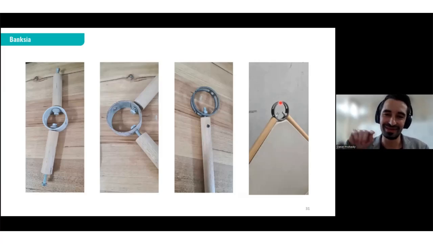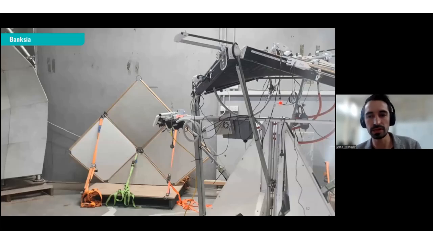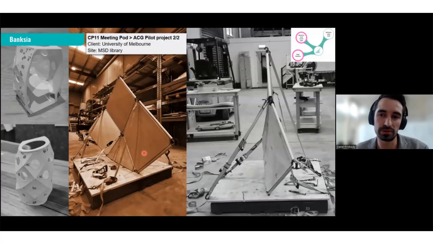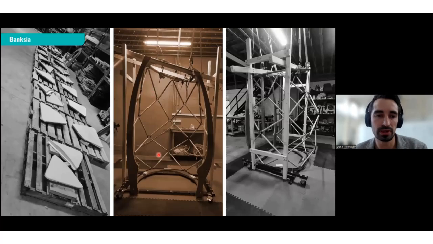A lot of the rings fans. That is applied across the entire structure. So you can see the robotic system on the right with the rings, and I'd have to invite you over to the factory to show you more details of how this robotic system functions, but the output is here on the left, which is a prototype for the eventual meeting pod that was composed of 20 panels, and this